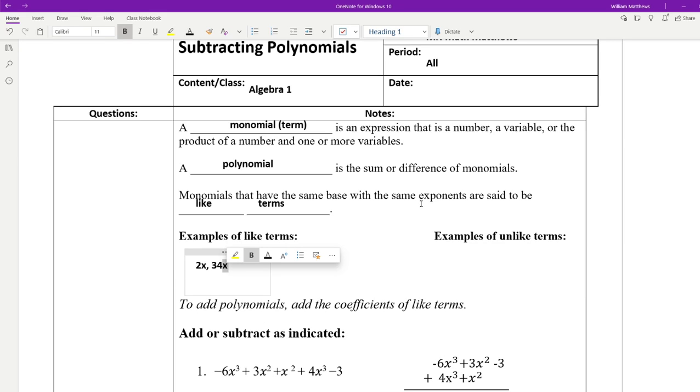Another term for exponent is power. Or if you switch it up,